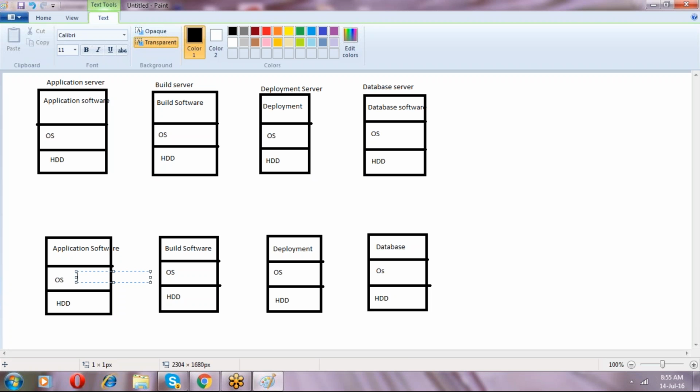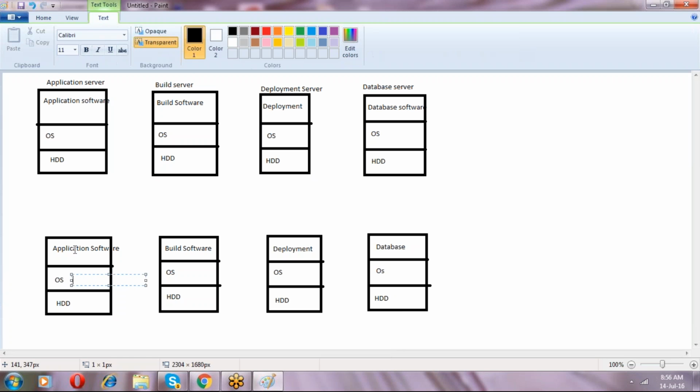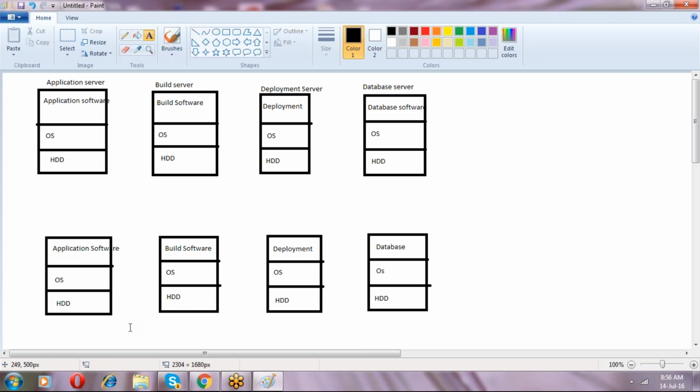This is a layer, the hard disk layer, the OS layer, and the application software layer. If the hard disk is not working, you cannot access your entire system, even though your OS and application software are working fine. Even if your OS is crashed, even though the hard disk is fine and the application software is fine, we cannot access the machine.